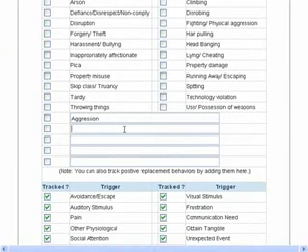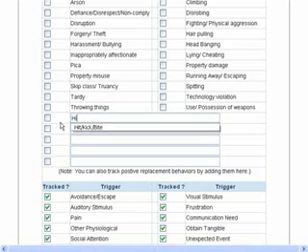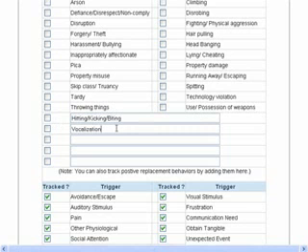Or you could do something like vocalization, so you could get all your vocalization behaviors, or instead of doing aggression, you could go hitting, kicking, biting, and screaming, crying,